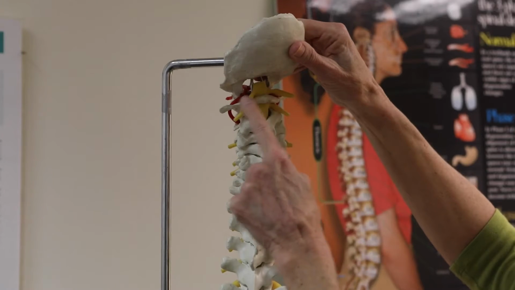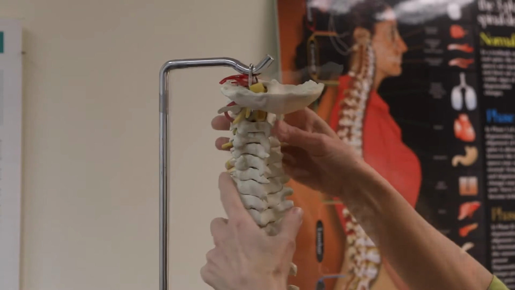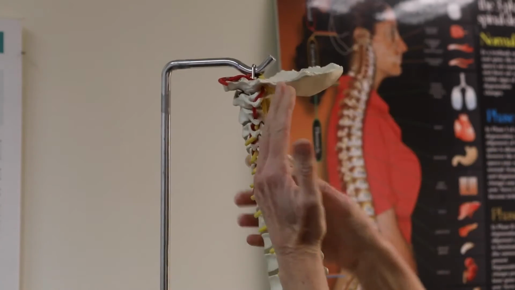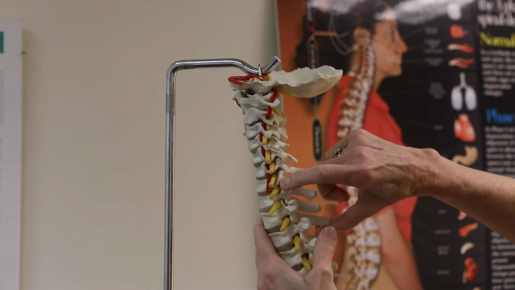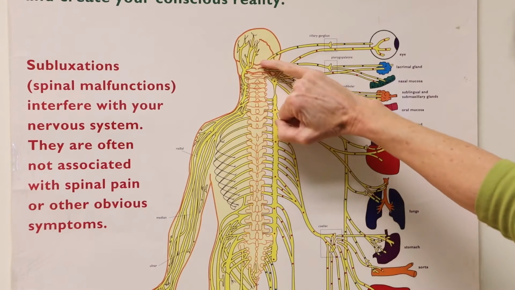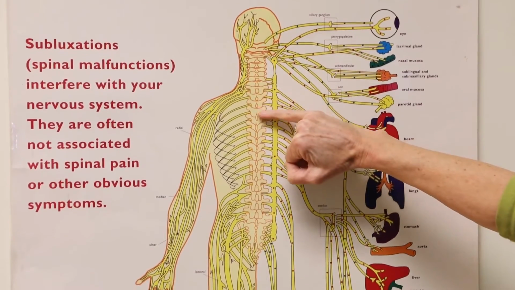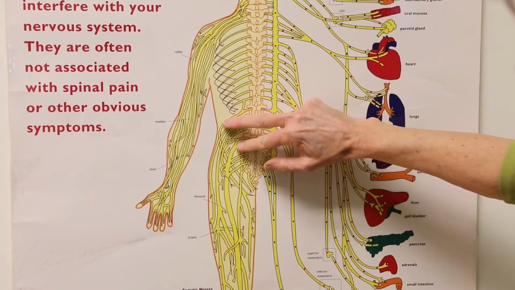Now, the sciatic nerve, as I said, is a combination of nerves that have joined together, and those nerves exit from the spine. So when we look at the anatomy of the spine closely, we want to recognize that the vertebrae are there to protect the spinal cord, and for the nerves that exit from between the vertebrae, there can be interference where the vertebrae misalign and put pressure on those nerves. Those nerves are carrying messages all the way from the brain. The brain sends the messages down through the spinal cord, out through the nerve roots, and then they join together into the sciatic nerve, and that goes right down the leg.